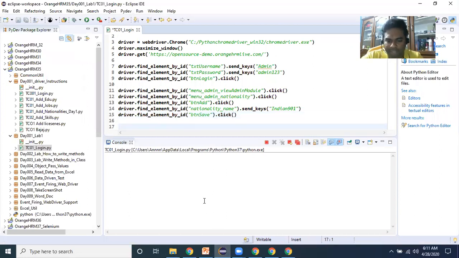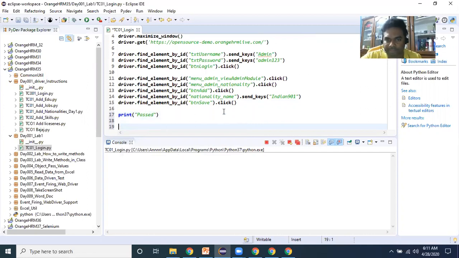The best practice is you can write some confirmation message on whether your test passed or not. So you can write like this, and let's re-execute the same program, and I'm changing my input data. This time the Indian 902 record will be created.